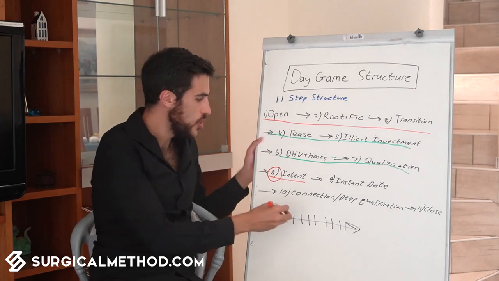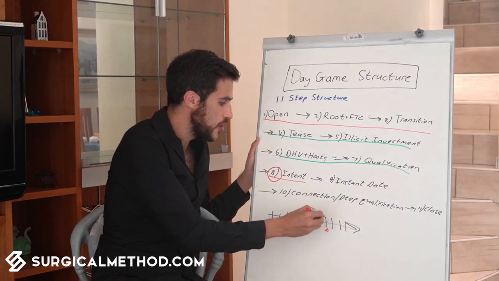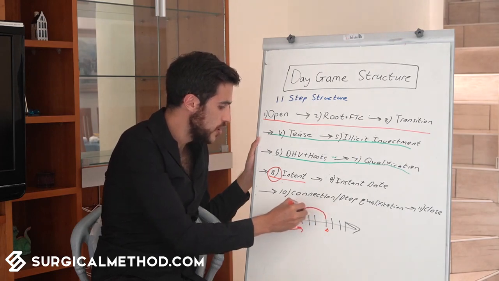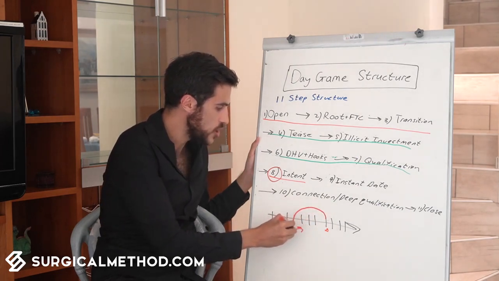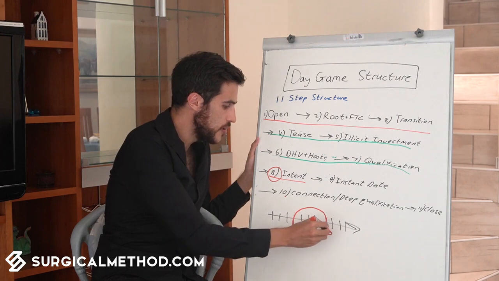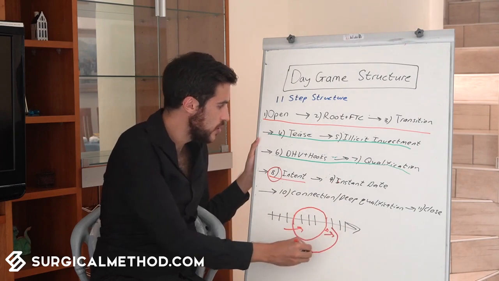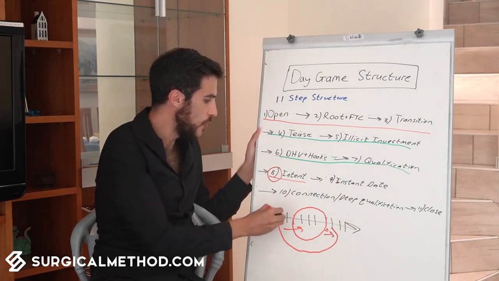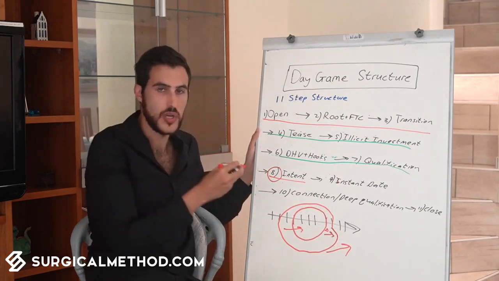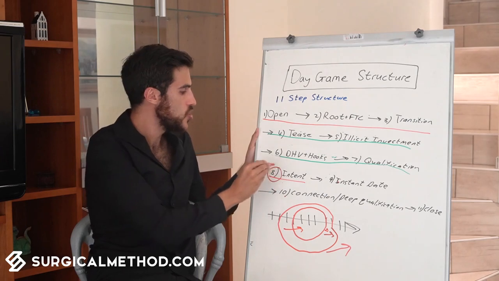Now, at some points, let's say point number 8, which is 11, 10, 9, 8. So here's point number 8. You're going linearly, and at some point you need to circle back around to another point. Maybe this is qualification, get more qualification, and then come back to point 8 and then go to 9. And maybe you're on 9 and you need to circle back around and go to point number 4 and tease more, and then go back to point number 9 and then go back on the linear process. So you're going through this model in a linear way, but you need to continuously circle back to the specific